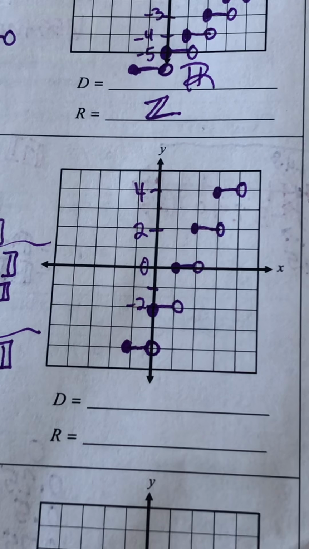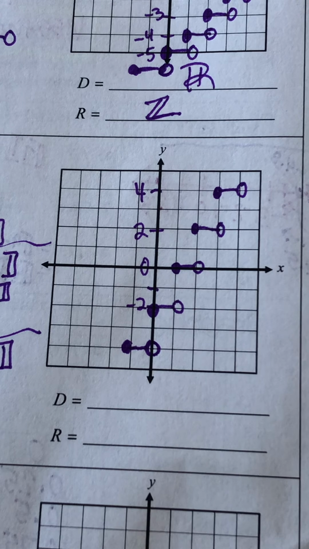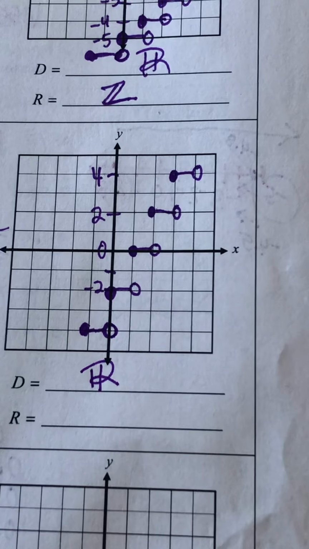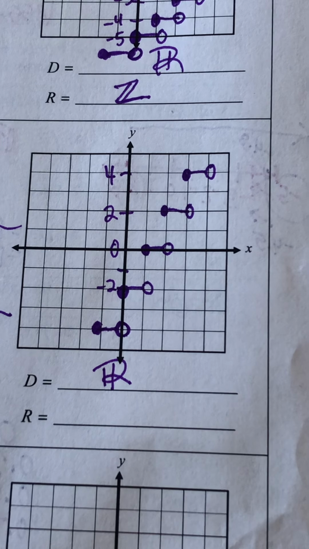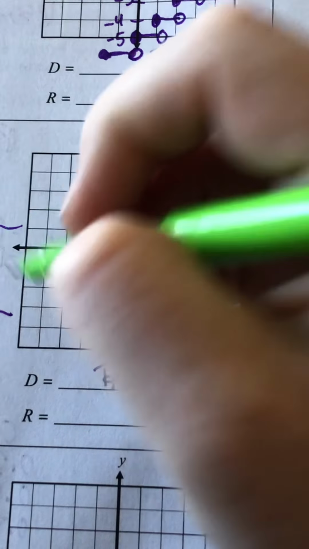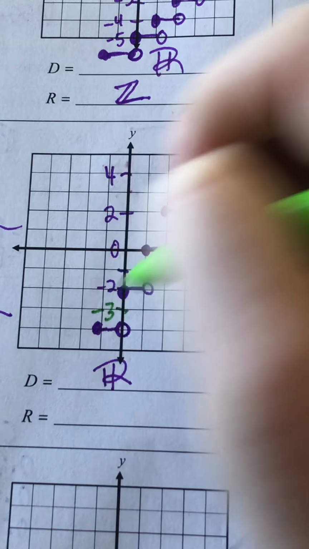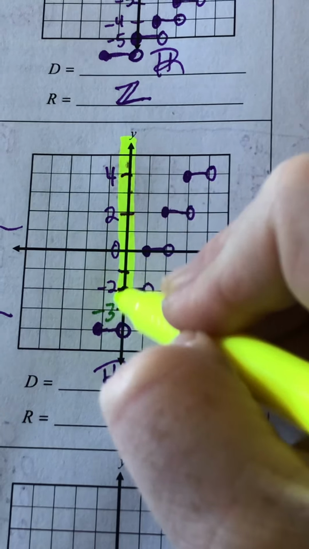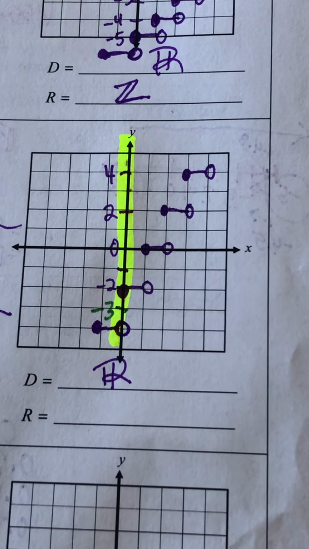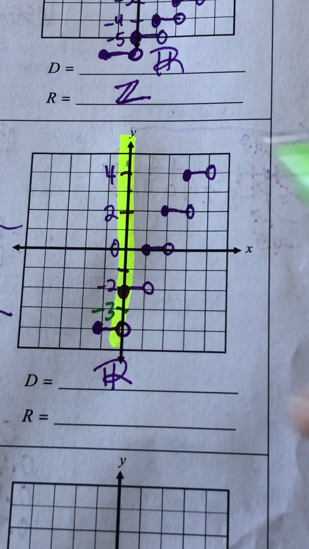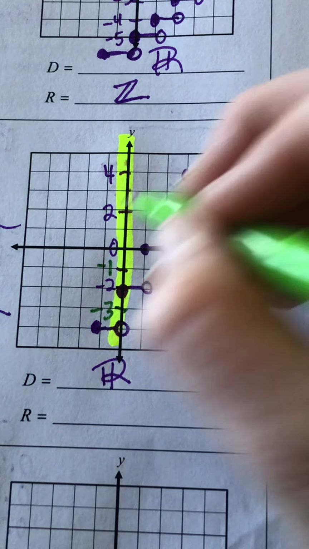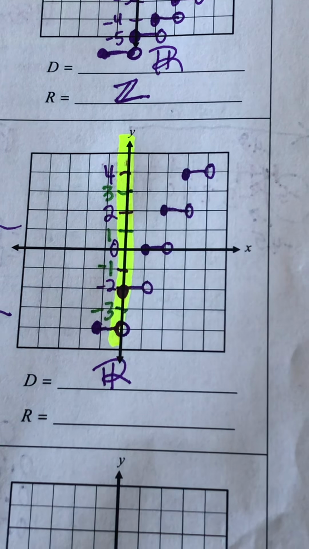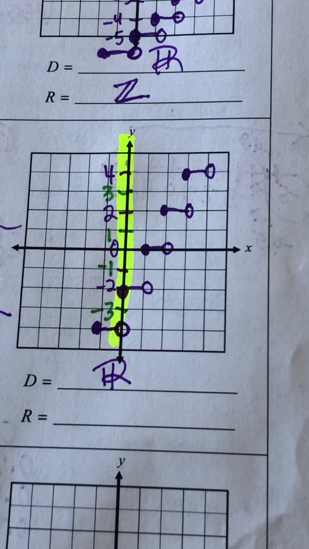Okay, so again, our domain is all real. And what's happening with the range? Are these all integers? Well, am I hitting -3 with a y value? Remember, in range, we care about the y's. Is there a value of -3 anywhere on the graph? No. What about -1? 1? 3? No. Okay. So our range is